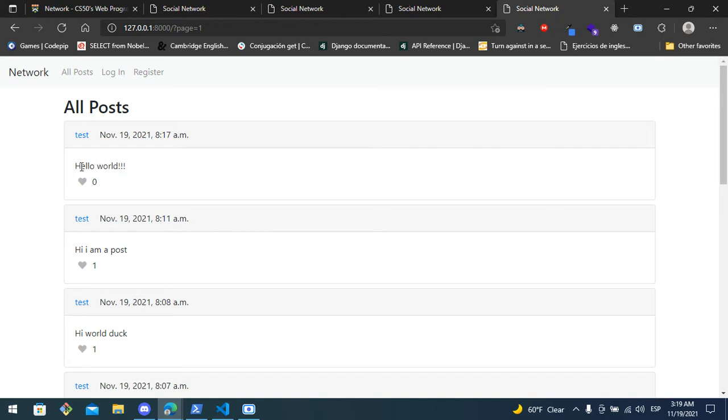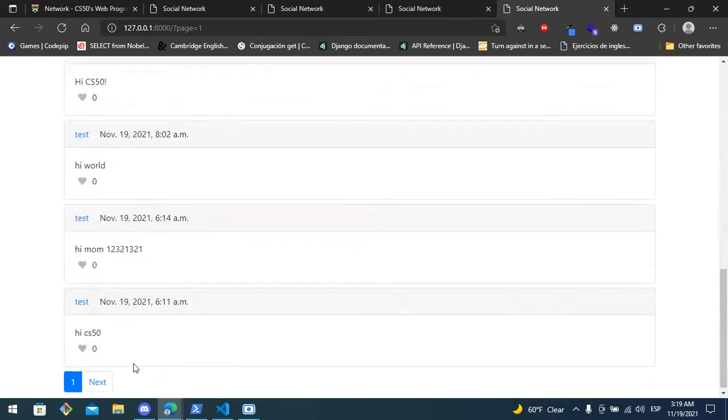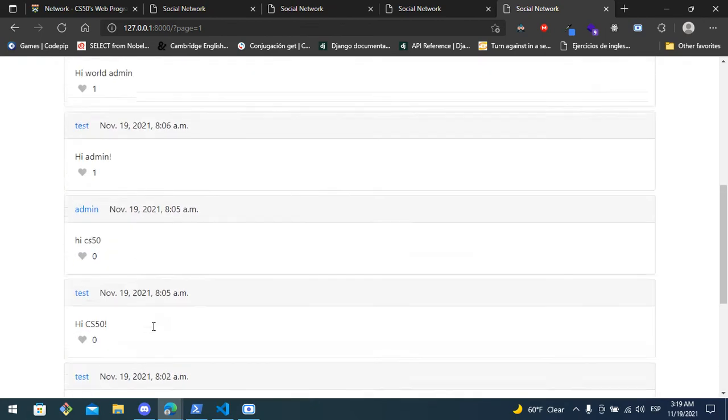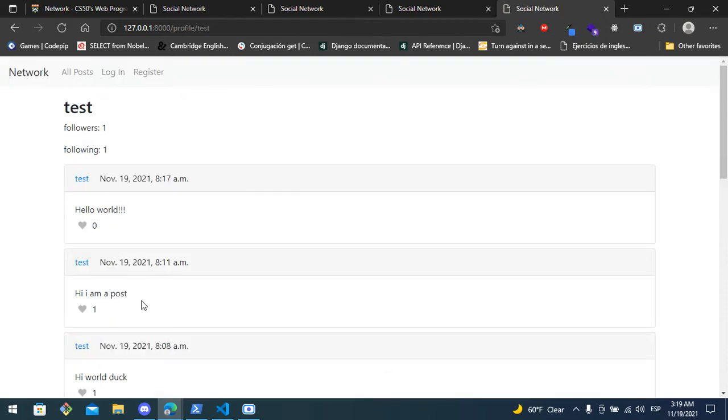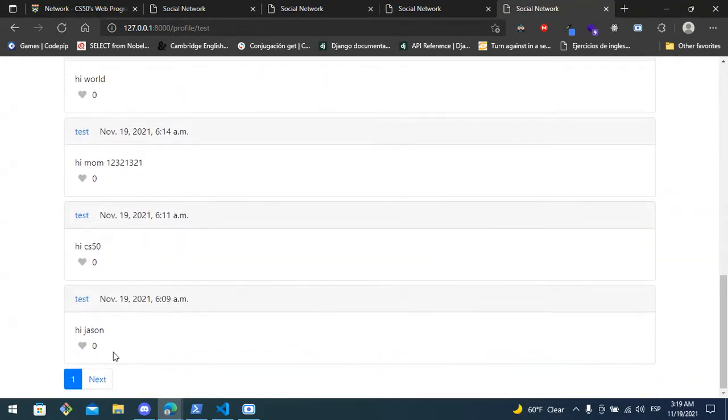Now I'm going to show you that this pagination works on any page that has to do with posts. So for example, going to the test profile, this page also has a pagination at the bottom of the page.